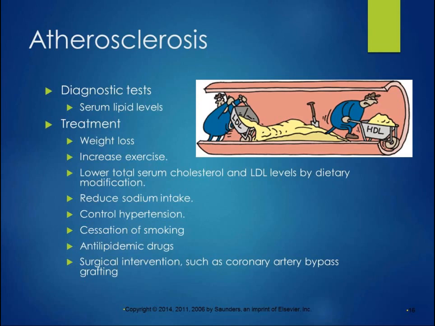So the way they diagnose atherosclerosis is they look at your serum lipid levels. So that's your cholesterol level, and your triglycerides. That's another storage form for lipids. To treat it, the doctor usually wants you to lose weight. And you're going to increase your exercise, so that'll be good. And then in the earlier slide, you were improving your diet, so that's going to help you with your weight